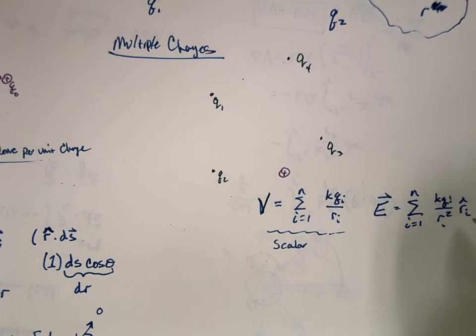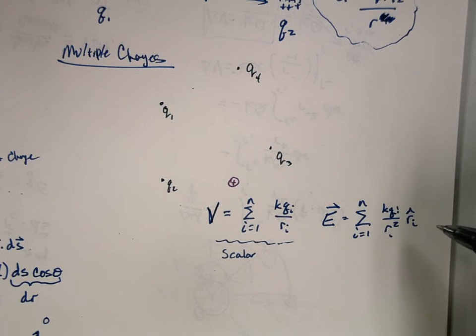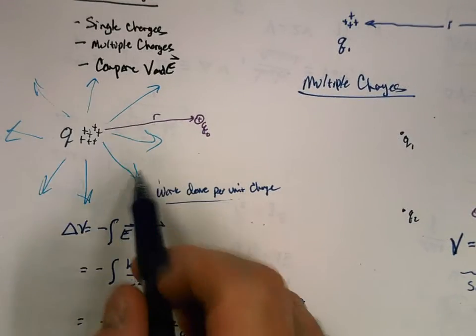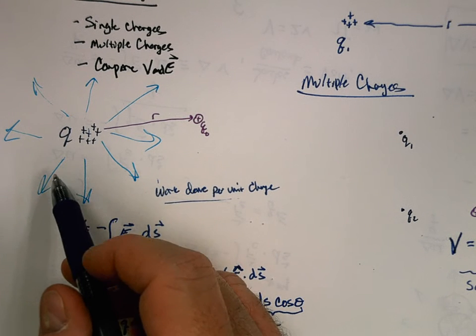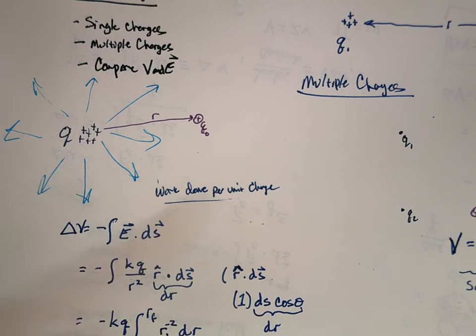And what gave us all the trouble with our electric field is this stupid r hat, because that changes. Our electric field is changing direction wherever we are around the charge. But our voltage,